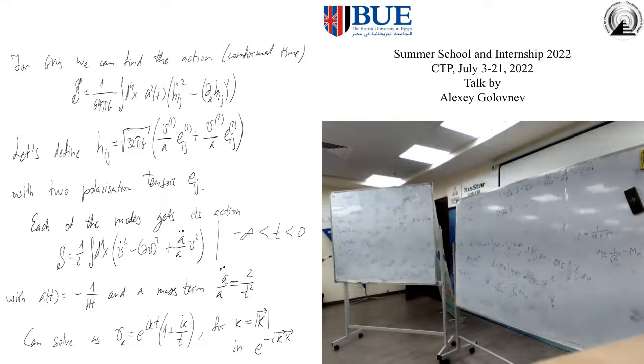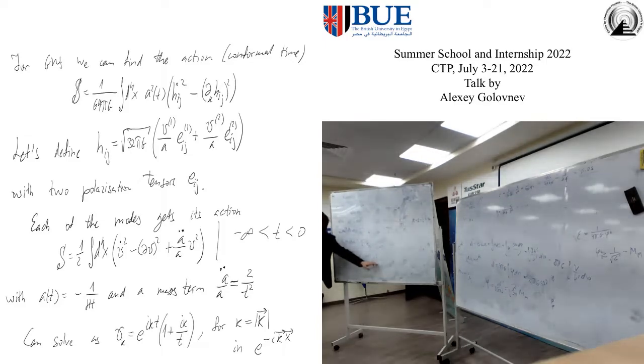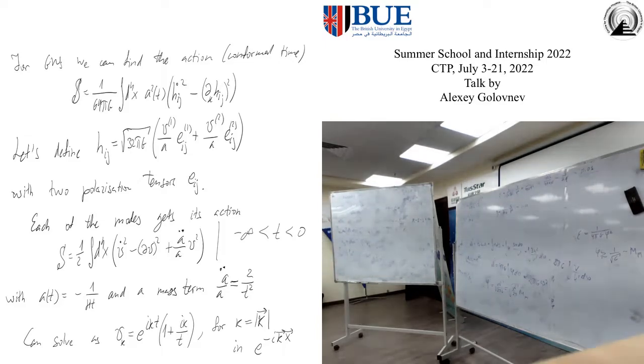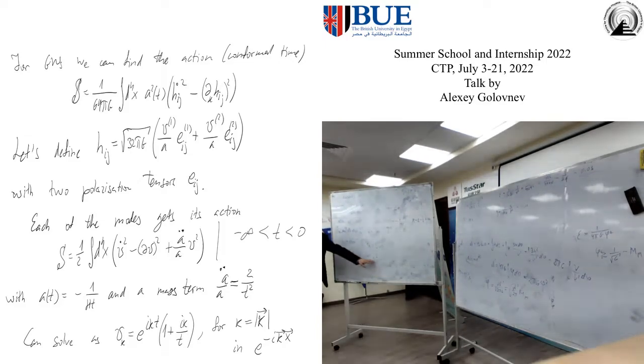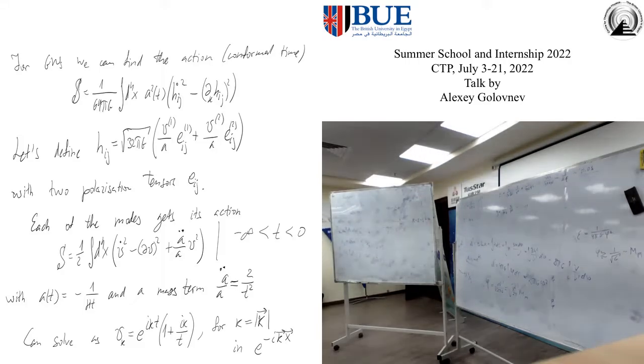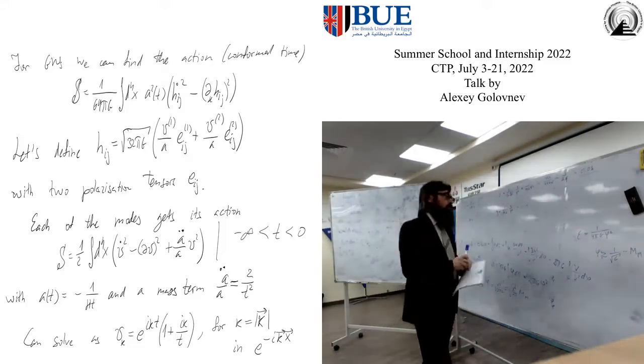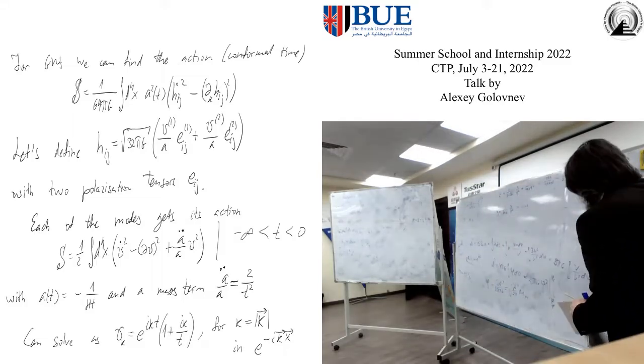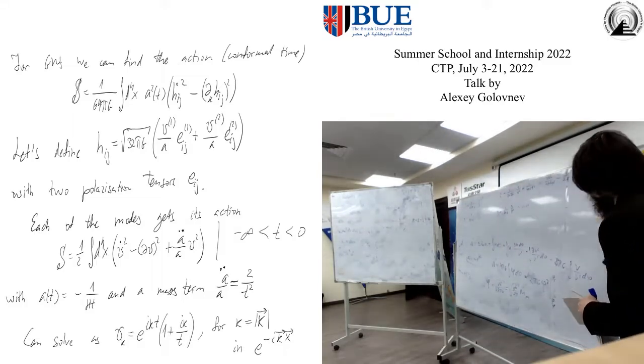So that's the action which I want to quantize, and that's very similar to what Shamit Das was discussing in the first lecture. You have some kind of time dependence here. You want to quantize. You immediately have the questions of what kind of vacuum you have, with Bogoliubov transformations and things like that. And also, as I mentioned last time, in cosmology,